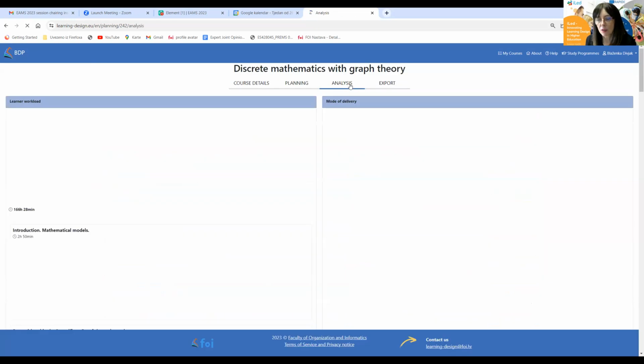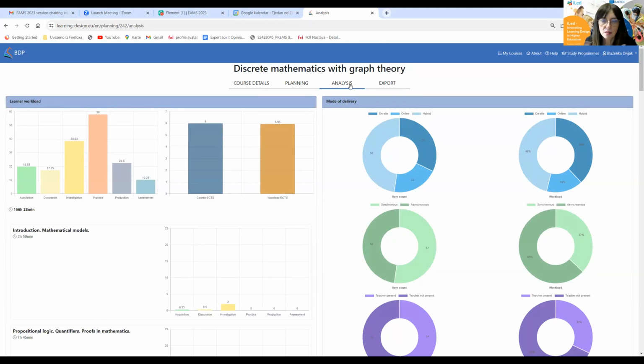And what we are really proud of, and the reason why we built this tool, is this analysis section. When you plan, you can go back and forth between planning and analysis all the time. So for example, you can see the workload here. We planned 6, and we are very near, it's approximately 6 ECTS credits. Then we can see the distribution of our credits